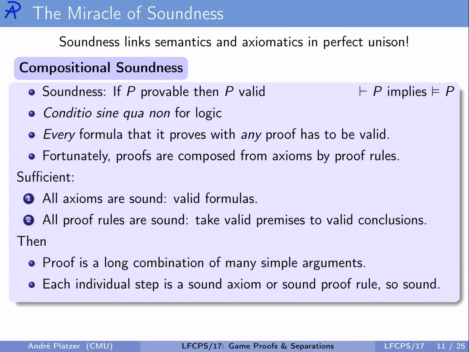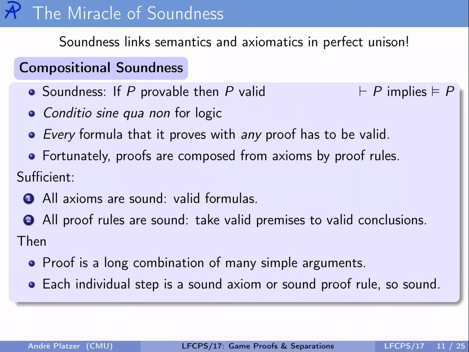Otherwise, this would be very embarrassing for logic. Soundness is the conditio sine qua non for logic, so a condition without which logic couldn't be. You shouldn't go walk around doing proofs of counterfactual, proofs of things that aren't really true. But of course, the soundness argument needs to show that literally every formula that the proof calculus proves with any proof has to be a valid formula. Now, fortunately, proofs are composed from axioms and proof rules, so in order to demonstrate that all of those proofs are sound, we just